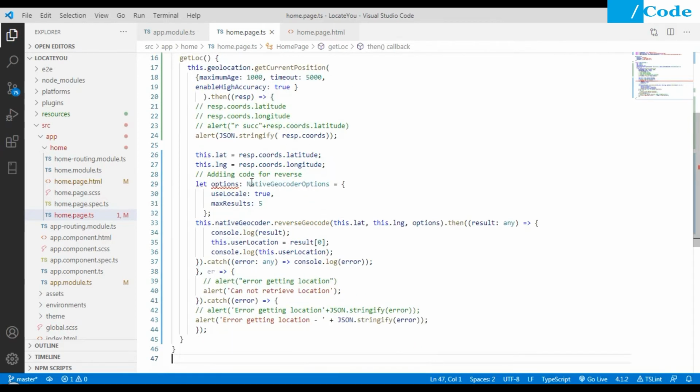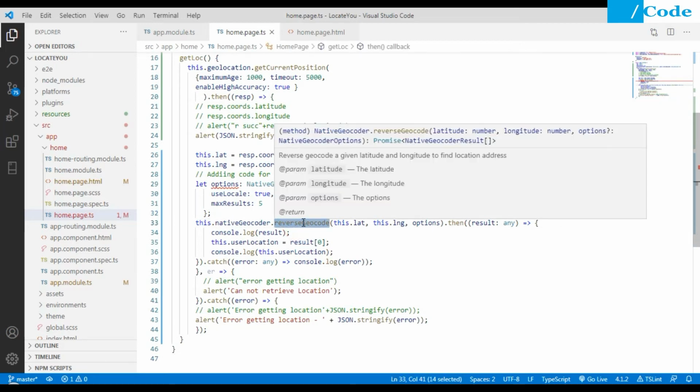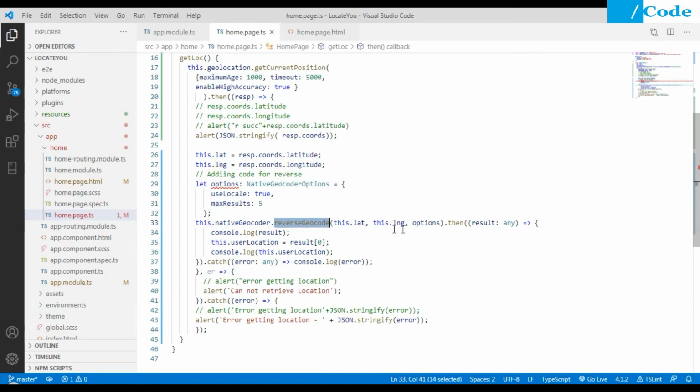Once we have that data, we are going to call reverse geocode. The reverse geocode function takes the latitude, longitude, and one option parameter, the geocoder option: useLocale true and maxResults equal to 5. We need to pass this parameter, and then the result is of type any.